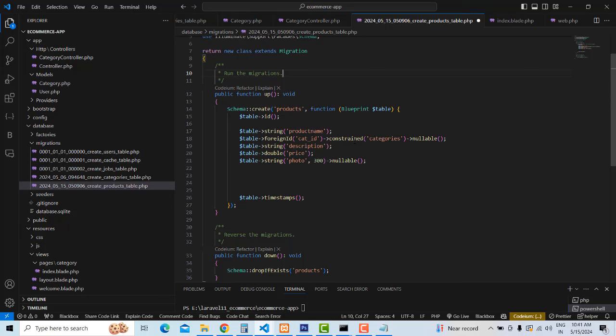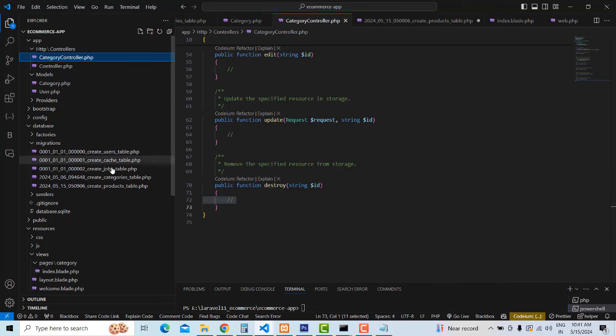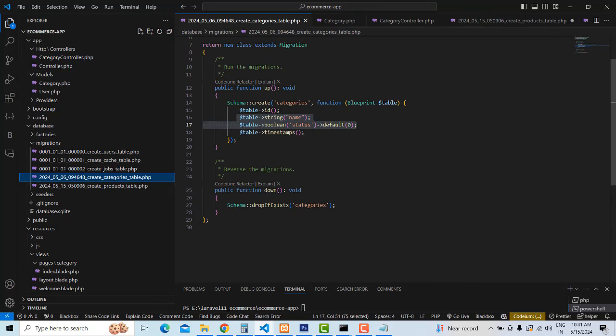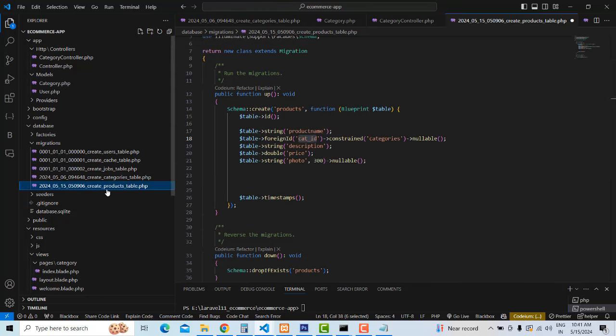So how to put the key? The foreign key. So okay, what's the foreign key here? The category ID. You can see this is the category ID, the categories table's category ID in the migration. But the same ID will be coming to the product table as a foreign key. You have to write it here, category ID, constraint. You have to put the constraint keyword. You have to name the